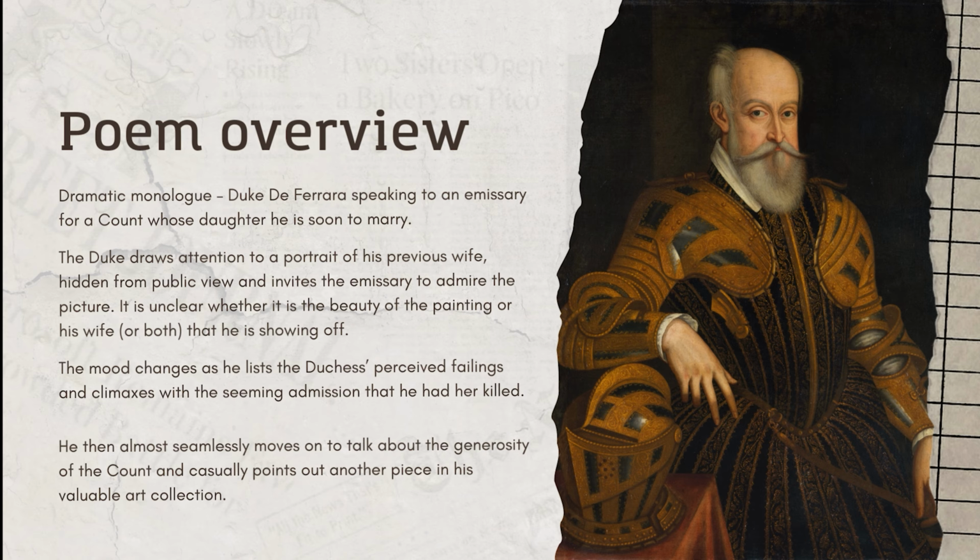So the poem is in the form of a dramatic monologue. The Duke de Ferrara is speaking to an emissary for a Count whose daughter he is soon to marry. The Duke draws attention to a portrait of his previous wife, hidden from public view, and invites the emissary to admire the picture. It's unclear whether it's the beauty of the painting or his wife, or both, that he's showing